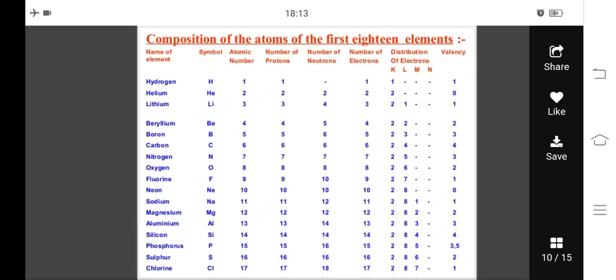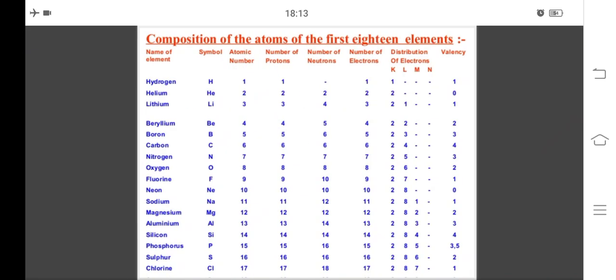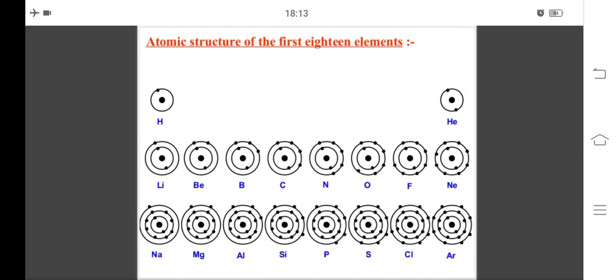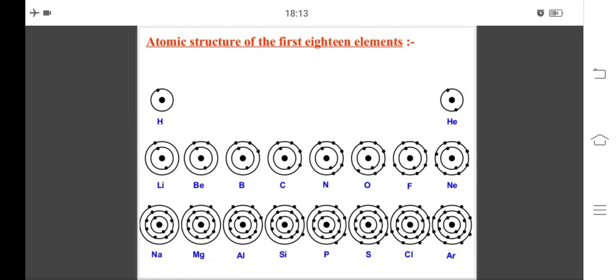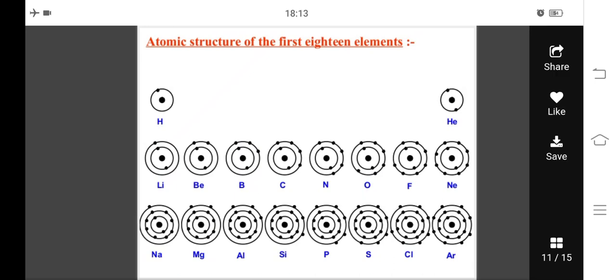Okay students, now this diagram clearly shows the Bohr orbital diagram of the first 18 elements. Like we have done in the previous page, how many electrons are present in K shell, L shell, M shell. This diagram clearly indicates that in hydrogen K shell has 1 electron, and in helium the K shell gets completely filled. Now the next electron moves into the L shell, because L shell is the second shell, and the number of electrons keeps on increasing in the L shell till it becomes 8. Then the next electron moves into the M shell. So in this way the filling of shells occurs.